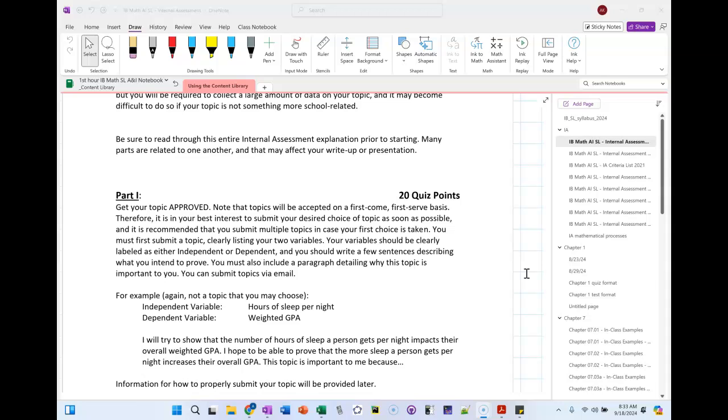It could be something like, hey, I'm a senior, I'm getting ready to apply for colleges, my GPA is not that great, but my test scores are really good. I think the GPA might be an unfair representation. I want to show that maybe the test score is the better indicator for me, because I'm going to show that there's not really a good relationship between GPA and test score, or something like that. So try to make it personal as best you can, or explain why it's important for everybody,